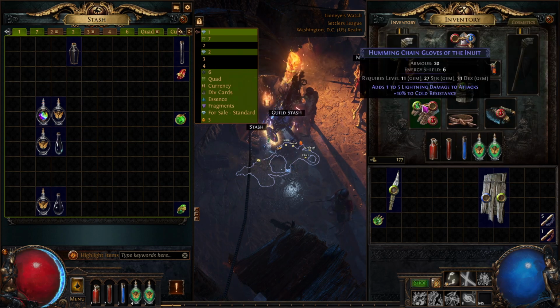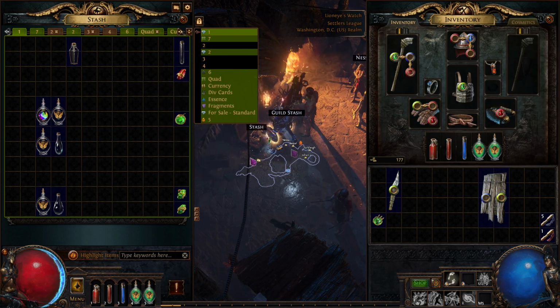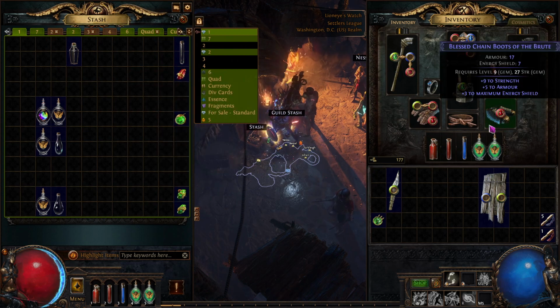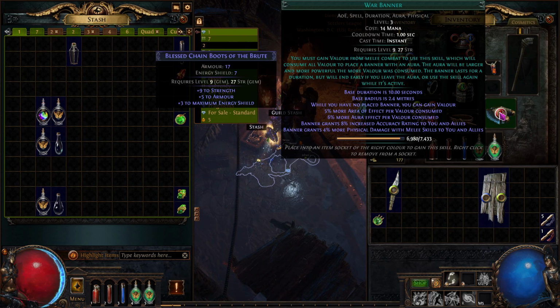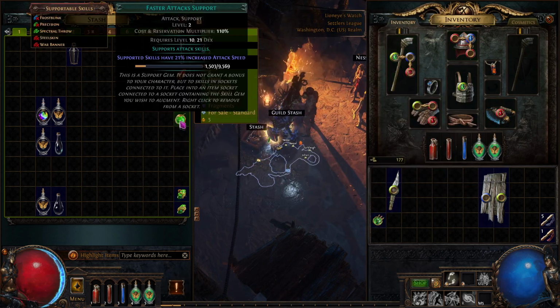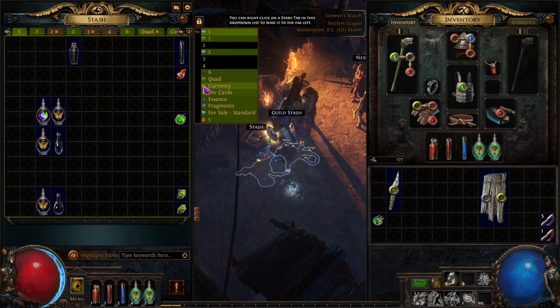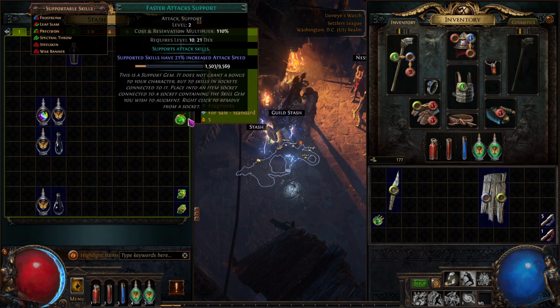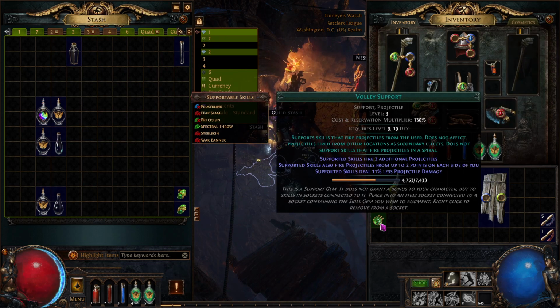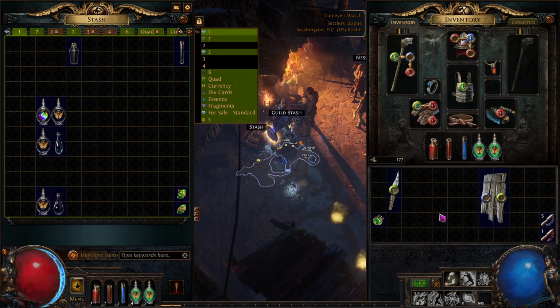Double Strike, we're not going to use right now. Faster Attacks would be attached to Leap Slam, which is a green skill? No, it's red. Okay, that's good. We're going to put Leap Slam there with Faster Attacks there. That's going to get us out of trouble. And then I really, really need...